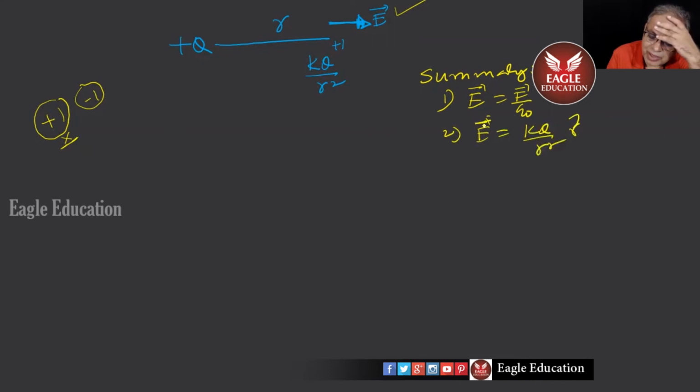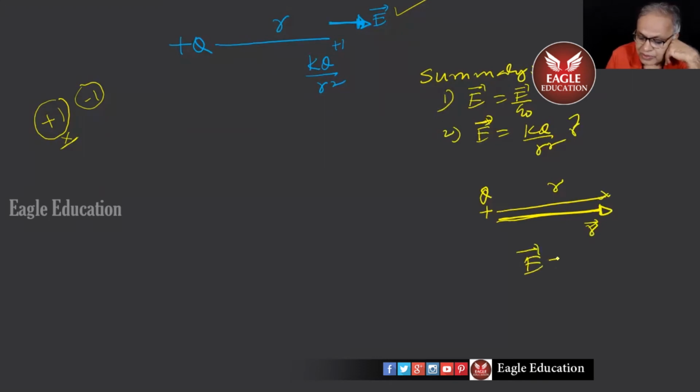Of course, if I write E bar here, I should put this. Look, this also I forgot to tell you. If this is Q, at a distance R, if I want to calculate E, let me represent this R as a position vector R this way. Now, in that case, you write the E with a sign, like I told you for forces, K into plus Q into R cap by R square. So, direction of E will be in the direction of R cap. This R bar equals mod R into R cap. R cap is away. So, E direction and R cap direction is one and same.